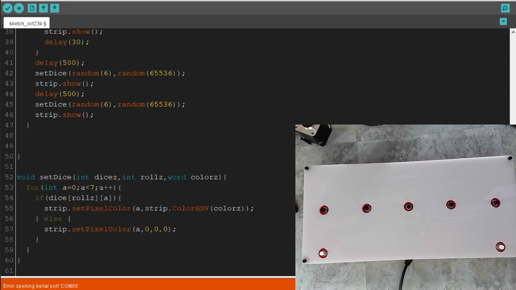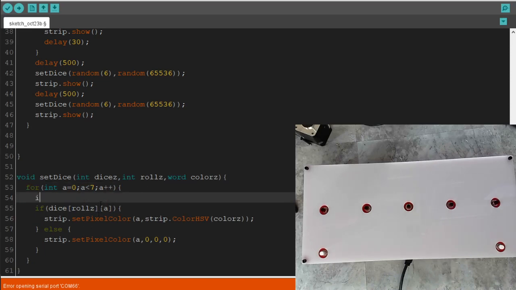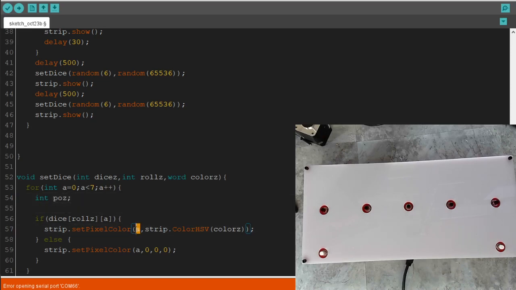So there are certain positions for each of these, right? So 0 and 1, that's all fine. Yeah, let's make an integer called position. Int position. Okay? And so instead of setting A, we're gonna make it position here. Okay, so if